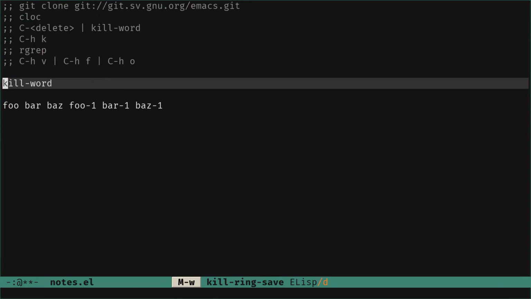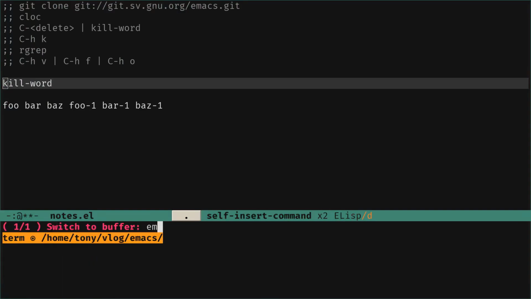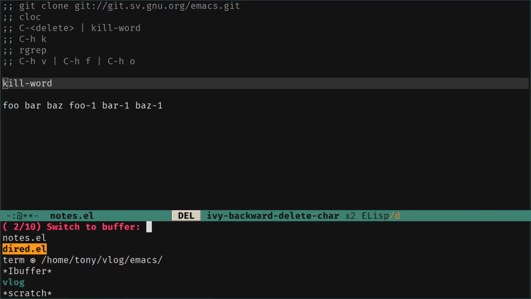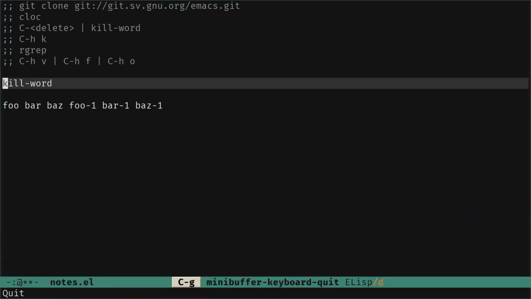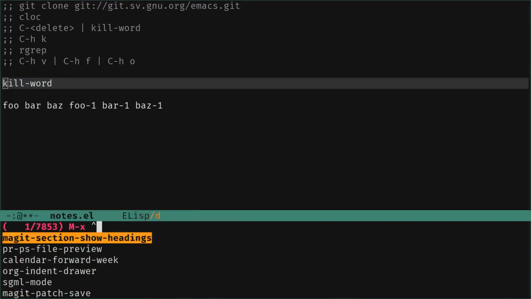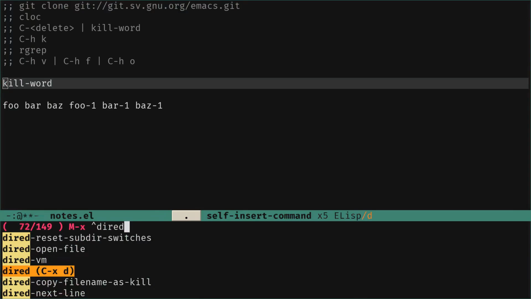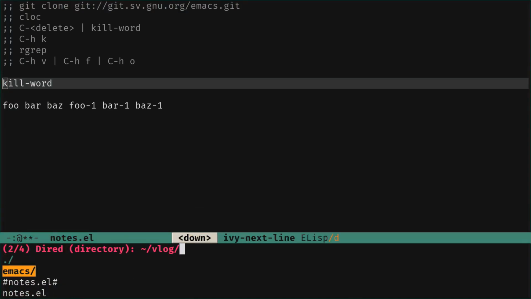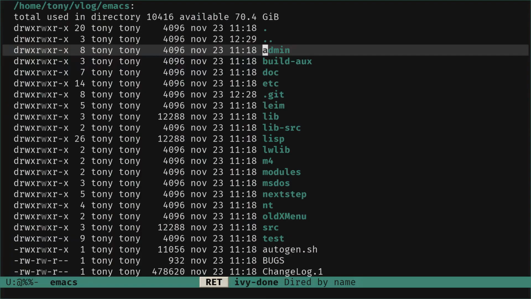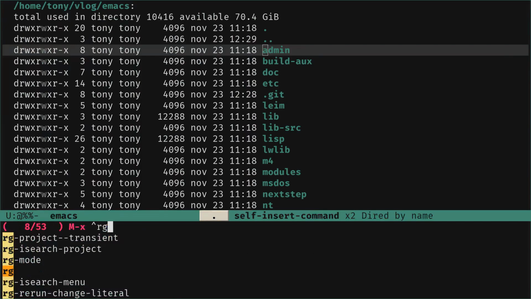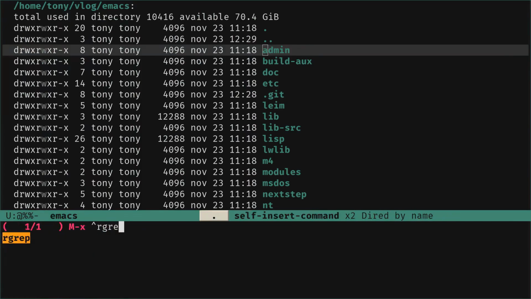So we go to Emacs. So here we are. So okay, sorry, so Dired, Control X D, and we go there. We are in the Emacs repository, and now we are going to use rgrep, which is built in.